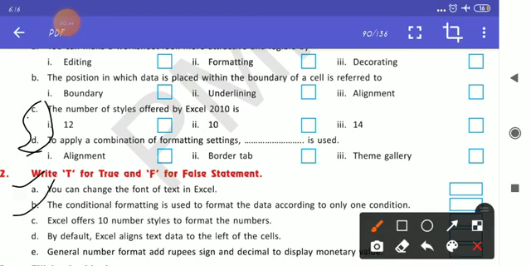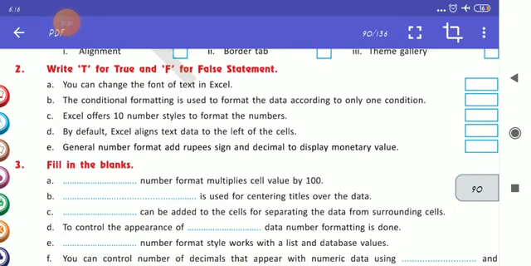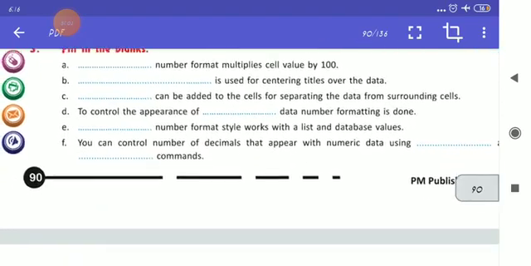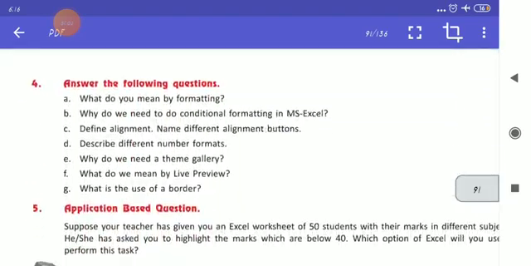Also find out the true and false statements of the chapter as well as question answers. Then when we meet in the next class, we will discuss the true false, fill in the blanks, and question answers.